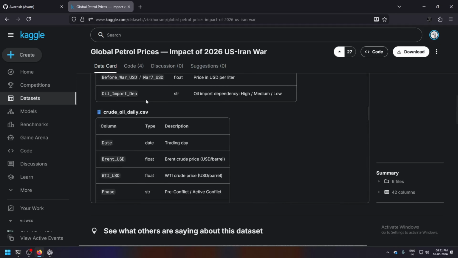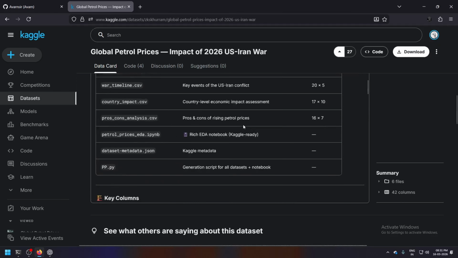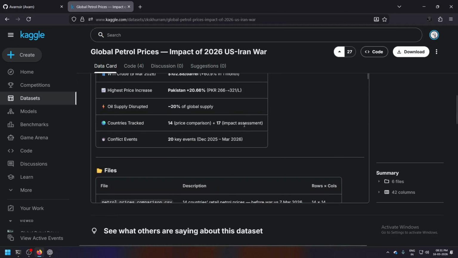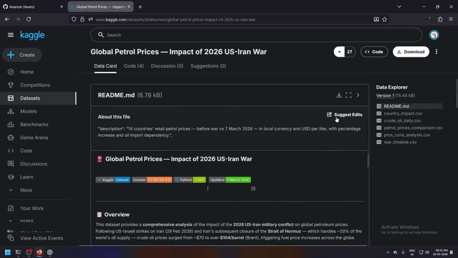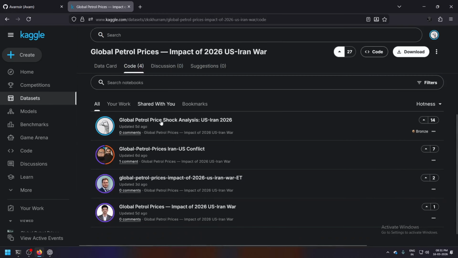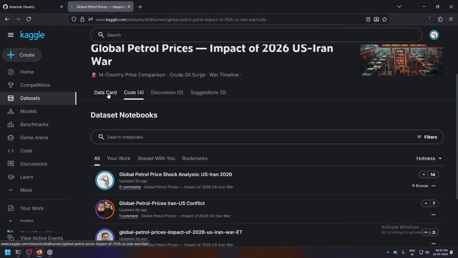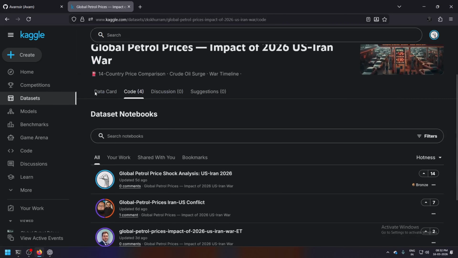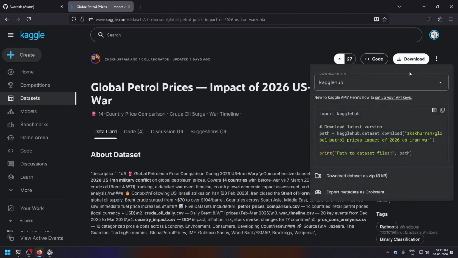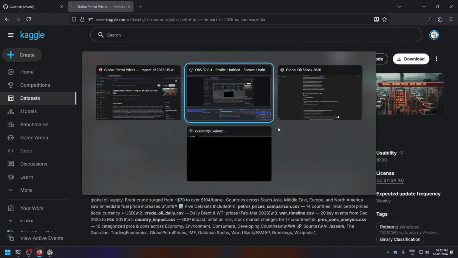It doesn't mean anything if you are working over something and then you find out that the data set is just random. So it wouldn't be a good data analysis. Now we have some notebooks and some code by other people who are working on this. You can download it as a zip file, which I did, or import it, and all sorts of things.